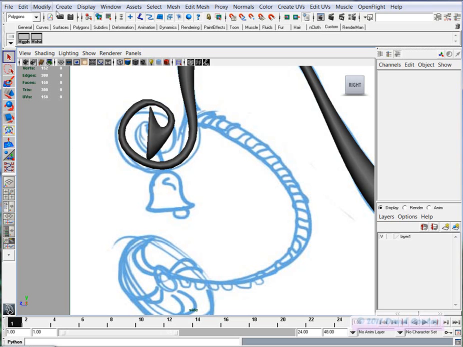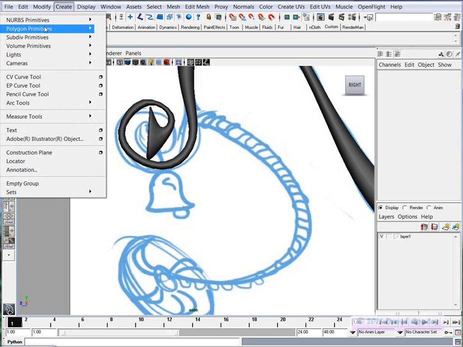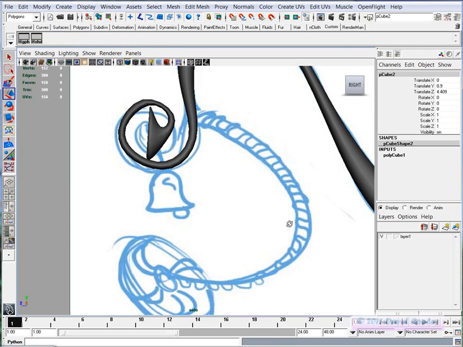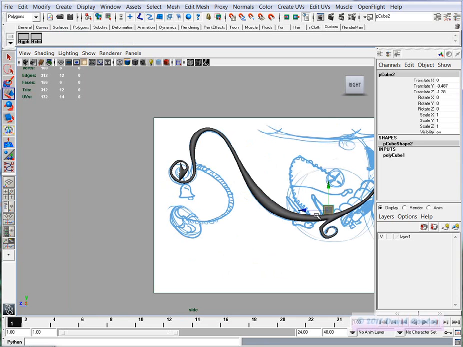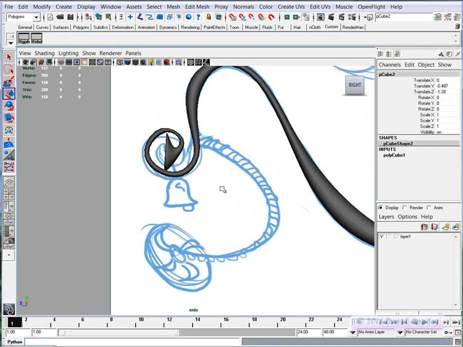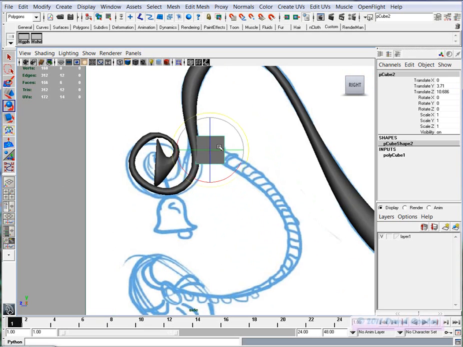Okay. So if I were to create, again, a polygon cube, and I'll just bring it over. And by the way, if you create something and you know that you're already in your move tool and you don't actually see it, use the middle mouse button and simply drag it over, because even if I'm not actually on it, if I use my middle mouse button, I can still move it around. Okay? So I'll simply put it into position,